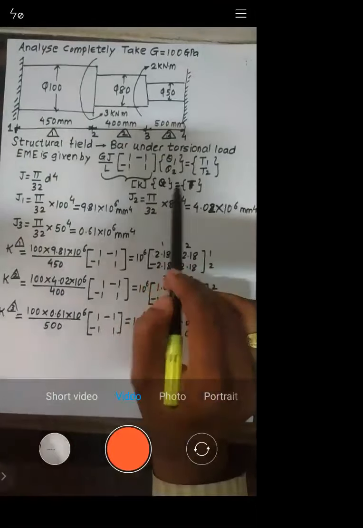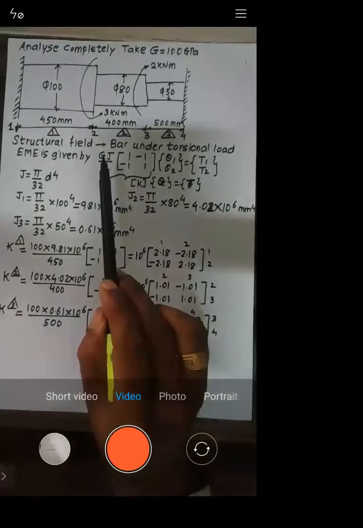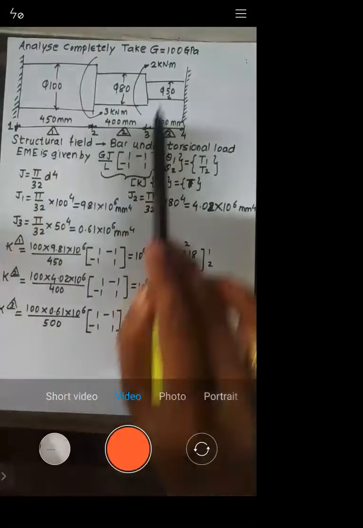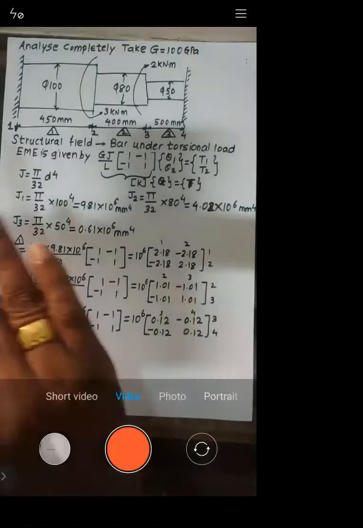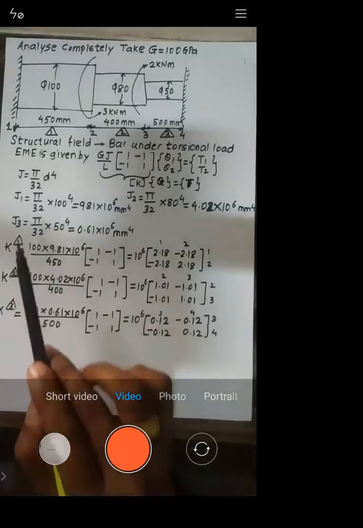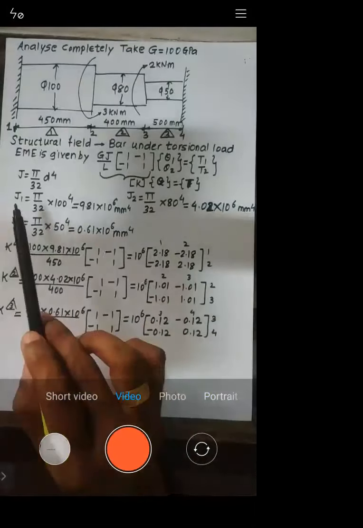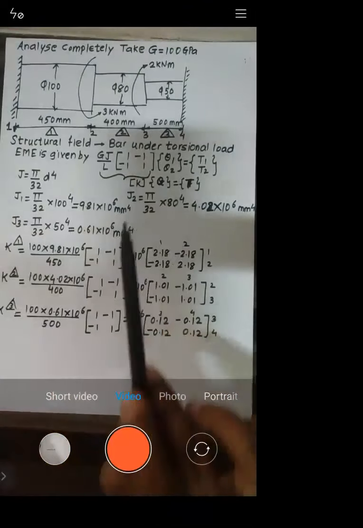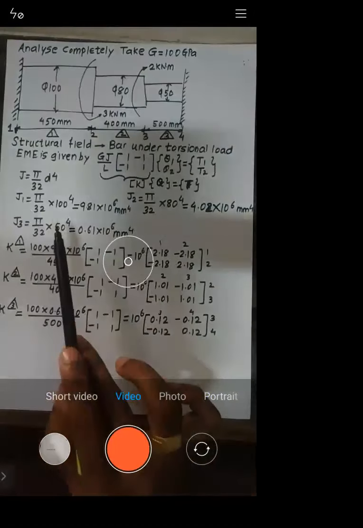Where this particular term is called the stiffness matrix. This is the displacement given by force or torque, right? So basically we need to see the value of G. It is the same for the entire problem because this entire structure is made up of the same material, as they have not given different values of G, right? So you need to assume that it is the same for the entire problem. J we need to calculate because the formula for J is pi by 32 d raised to power 4, because it's a circular one. So we will calculate J1 for element number 1 by putting its diameter, J2 for element number 2, and J3 for element number 3 by putting its diameter. So we have calculated J1, J2, J3.